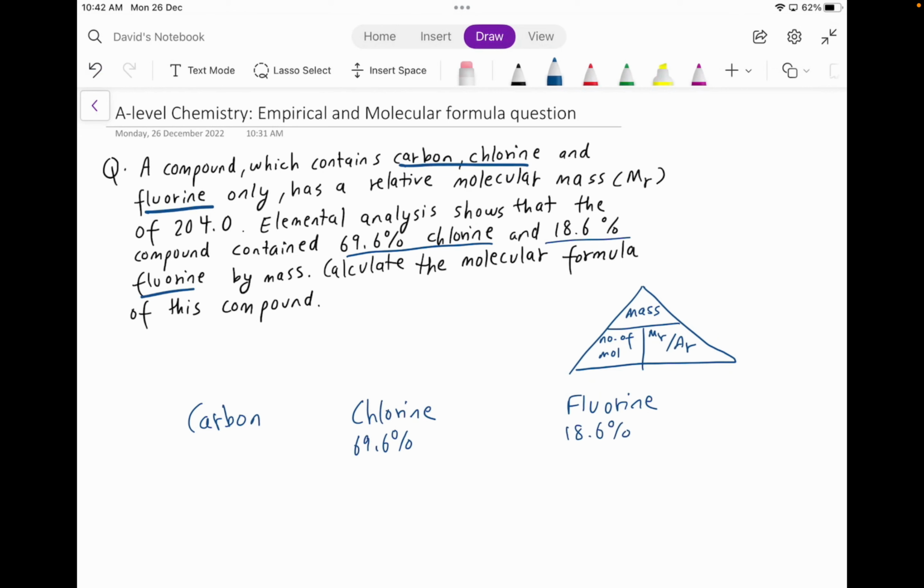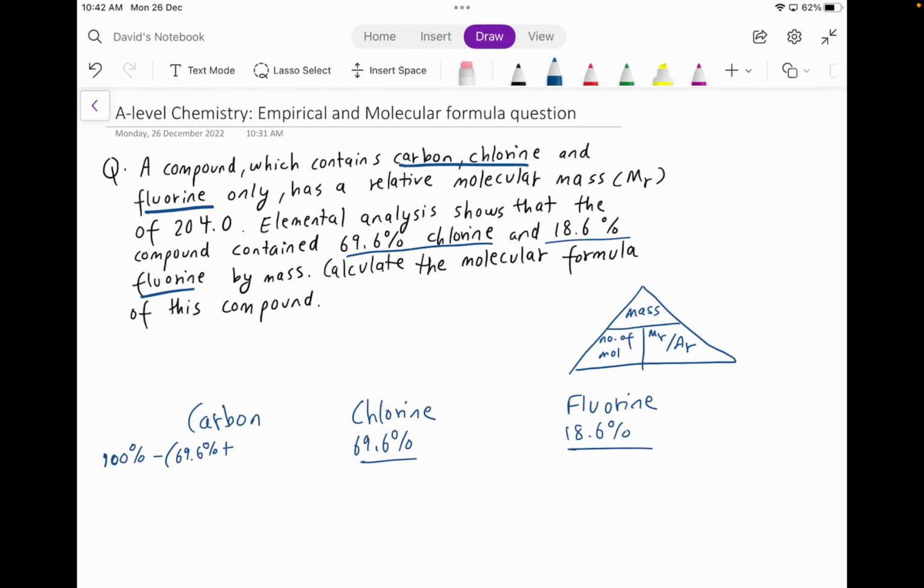Now, how do we find out what percentage of carbon the compound contains? In order to do that, we just add these 2 values together and subtract that from 100%. So I'm just going to write it down here. It's going to be 100% minus these 2 values combined together. So that's going to become